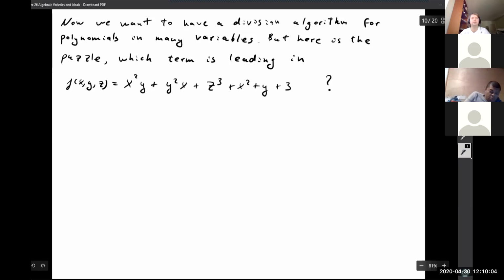Well, when we had a polynomial in one variable, it was obvious which term is the leading, right? You just take the highest degree term in this one variable, and you start dividing by eliminating this term, and this is how you do the division algorithm. Okay, so now we have to agree which terms we consider leading,